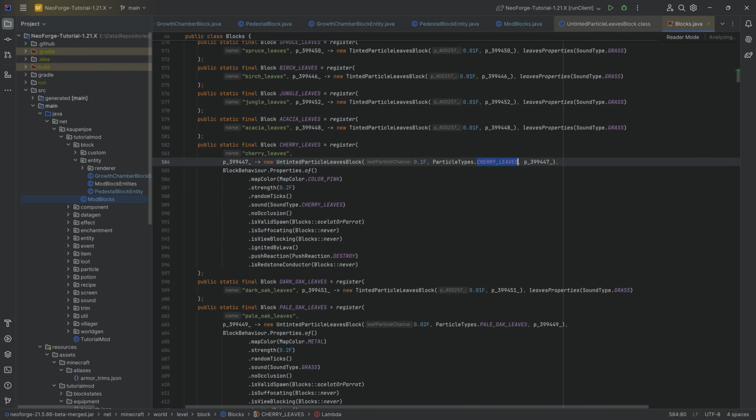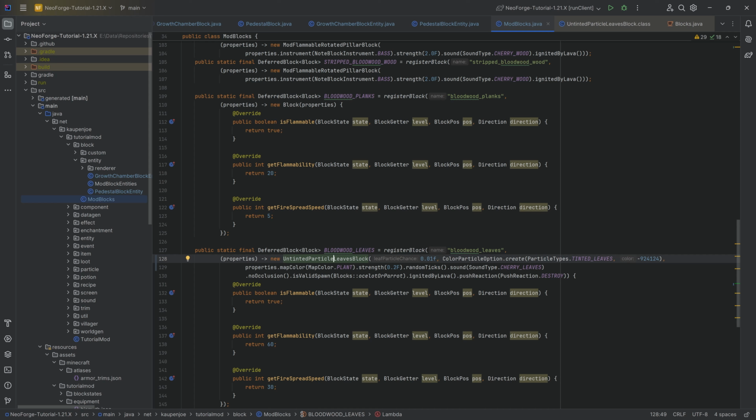We could also literally just give him the cherry leaves over here and then just say whatever. Oh, interesting. So we can also literally just do that. Instead of the colored one, we can just give it the tinted, the cherry leaves. There you go. That's going to be awesome. So we're now going to have cherry leaves dropped from our bloodwood. Maybe the tinted ones make more sense and actually give it a red tint, but